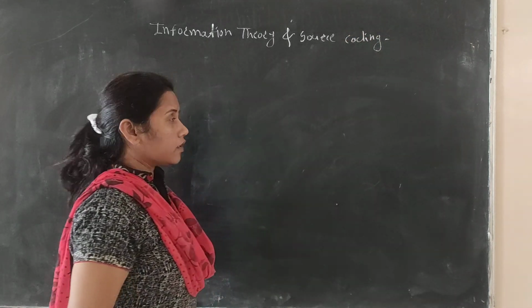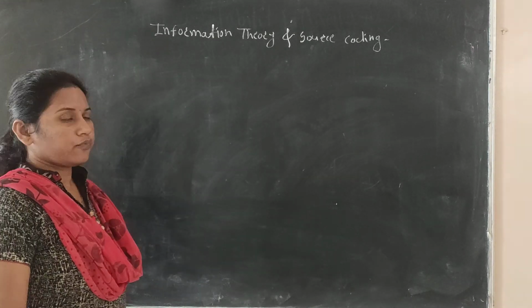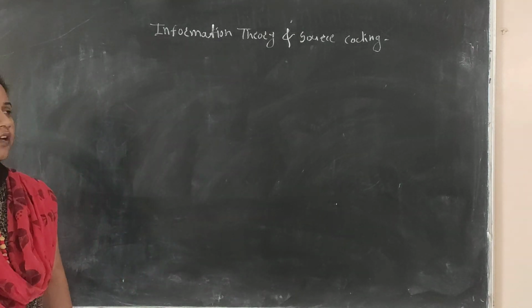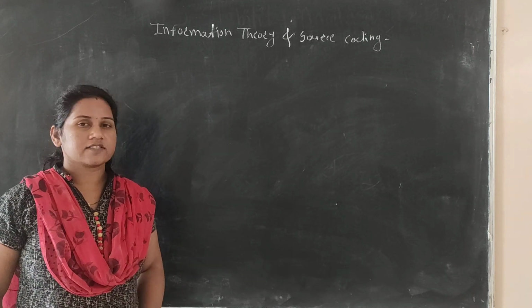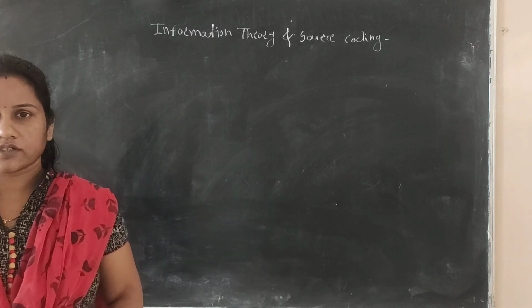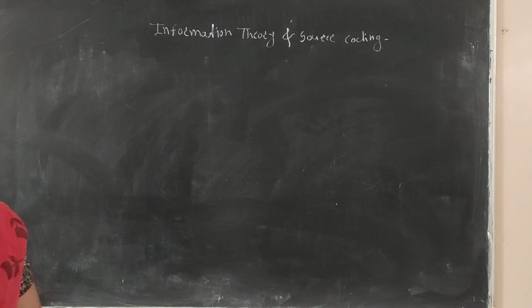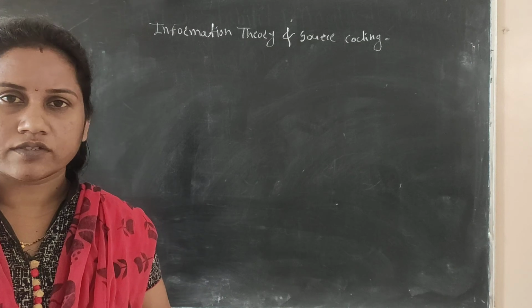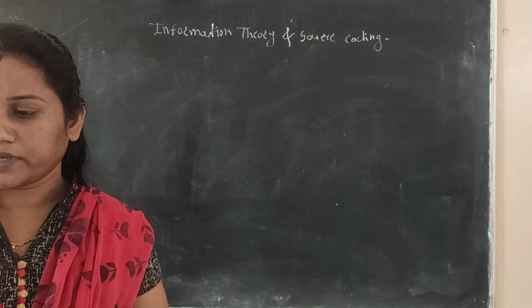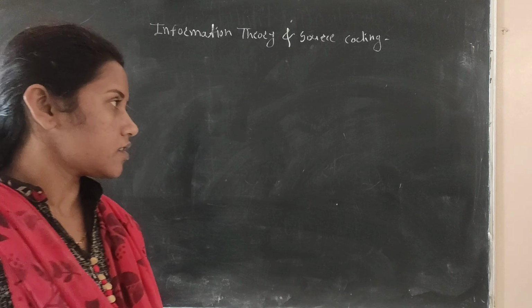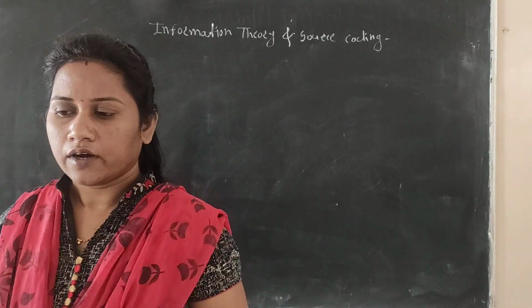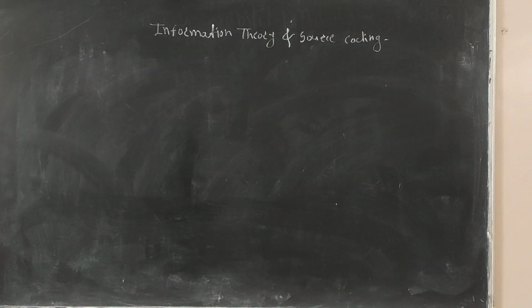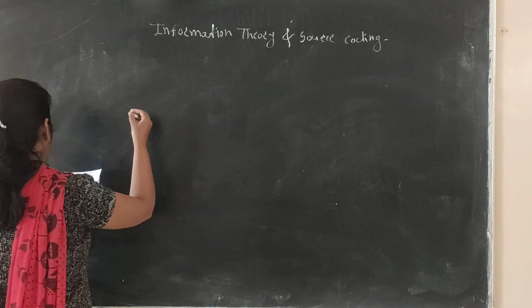As we have seen in the last lecture, what information is, what information theory is, and the different types of sources. In the previous lecture we also saw how we can find the information rate or the entropy. Today we will see some numericals on the entropy and how we can calculate the information rate. So now we will take one example for how we can calculate the entropy.